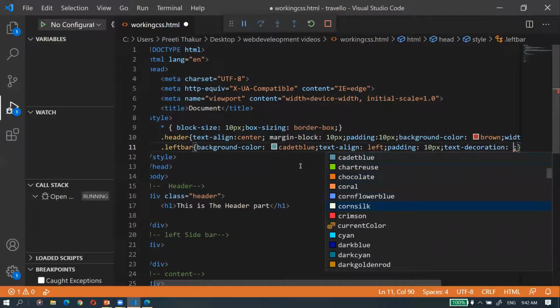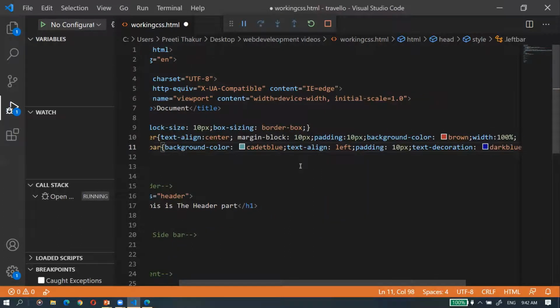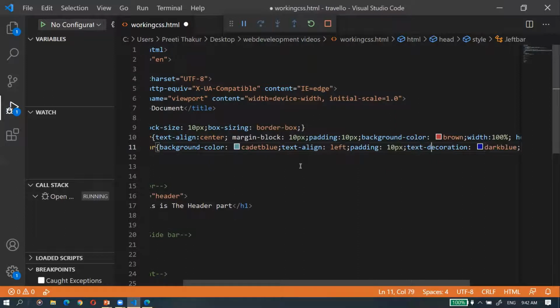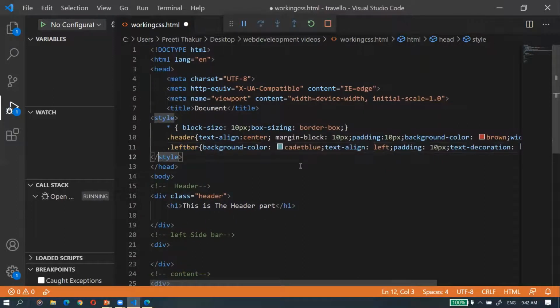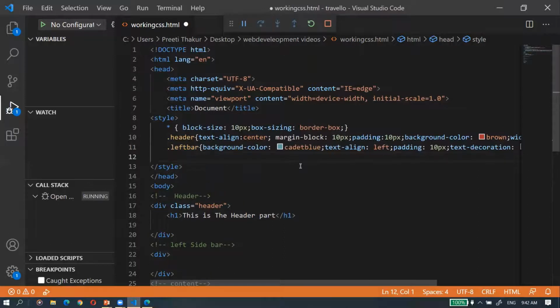So for that I will be using color dark blue. Okay, that's it. As of now I'm just taking this much. And one thing I'm trying to do, because I'm creating some kind of link here, whenever somebody hovers onto the link, the color changes.